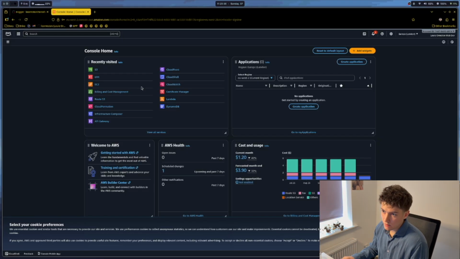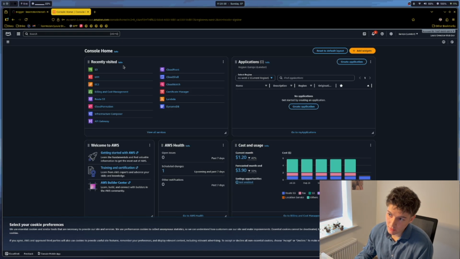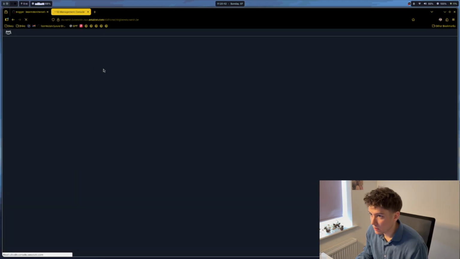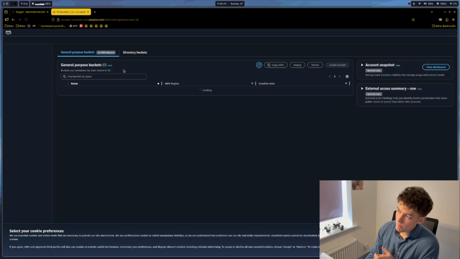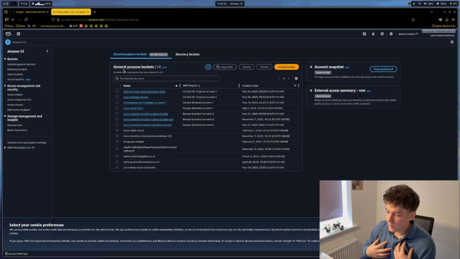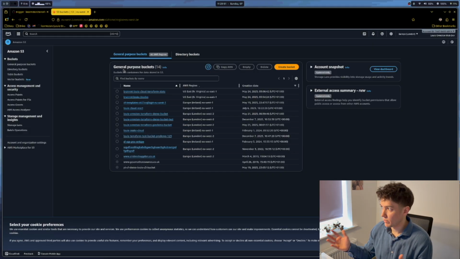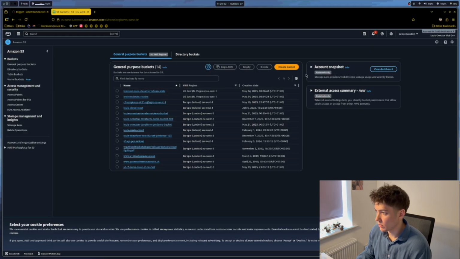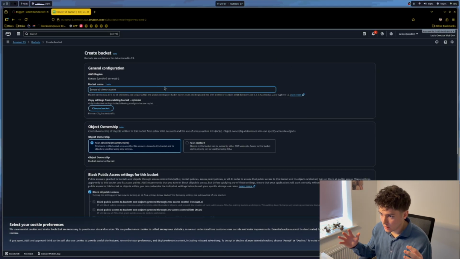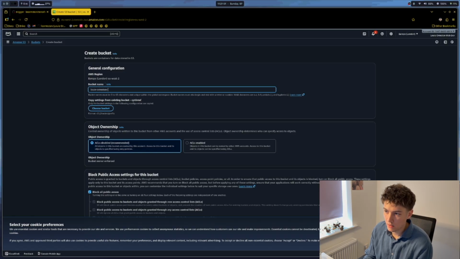I'm in the AWS account now, so what we need to do is create an S3 bucket. And there's a few settings you need to enable as well when we create the S3 bucket. So number one, let's create the S3 bucket in the region that you desire to create it in. So for me, I want to create it in the Europe London region, so that's what I'm going to do. I create the bucket, I'm going to give it a name which is globally unique, so Louis Ormston test